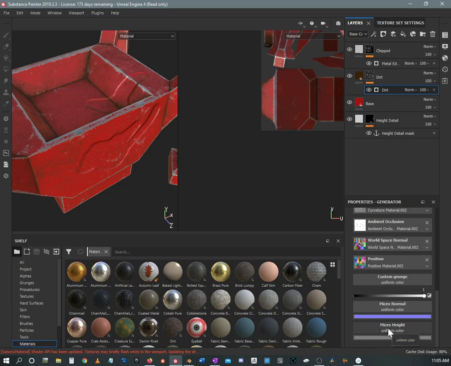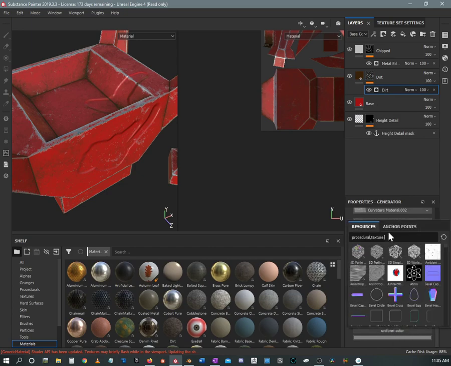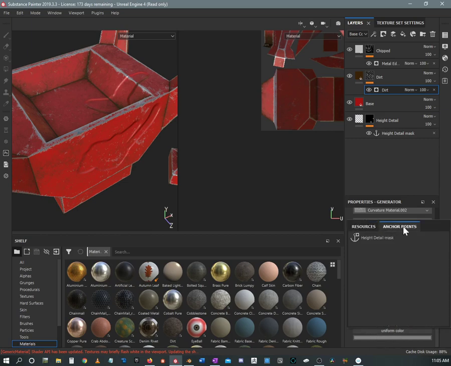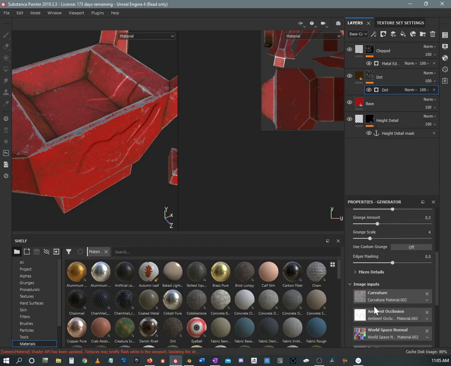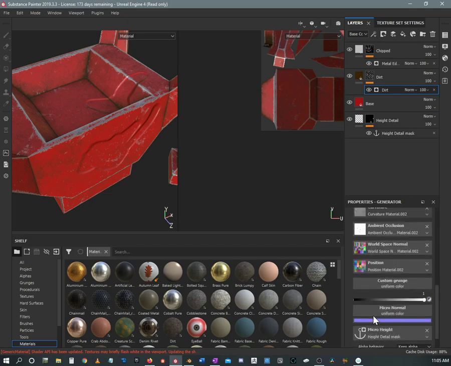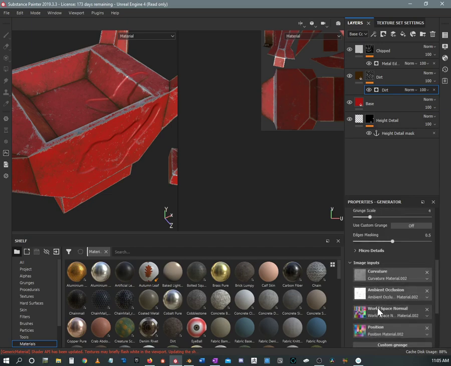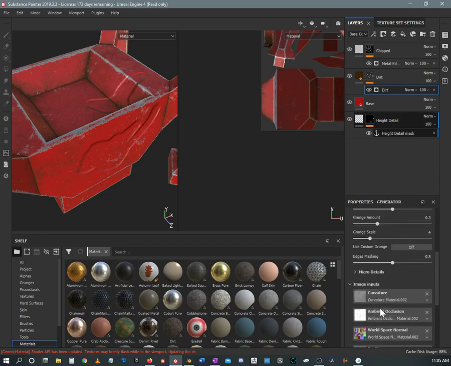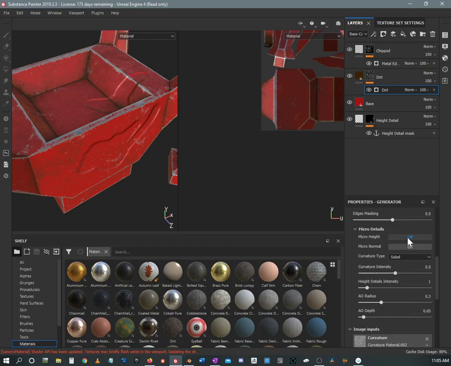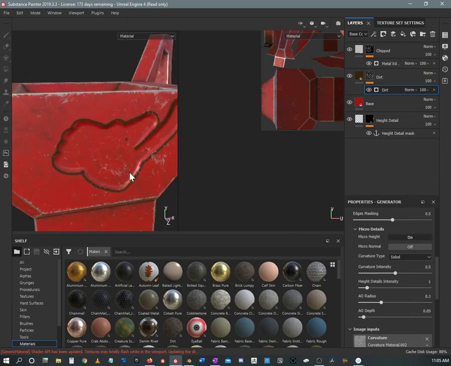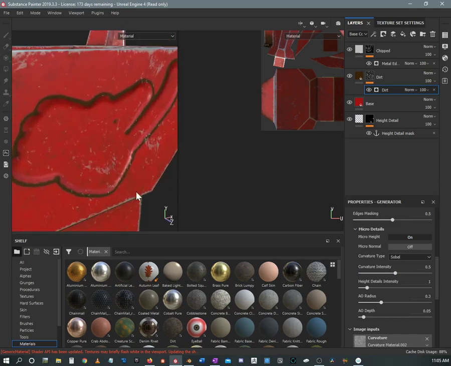And what we're looking to link it to is what's called micro height. There's an extra tab here for anchor points, and we only have the one, so we can see that it's that one. And then we're going to leave that. So the next part of it, it's always a two-stage, we need to assign it here, and then we need to go to micro details and turn that micro height on. And we can already see it's doing something for sure,